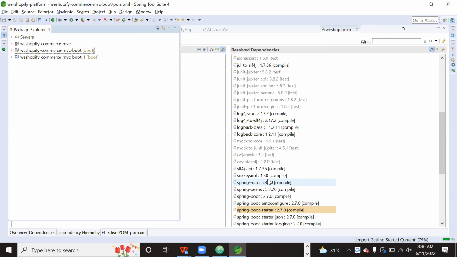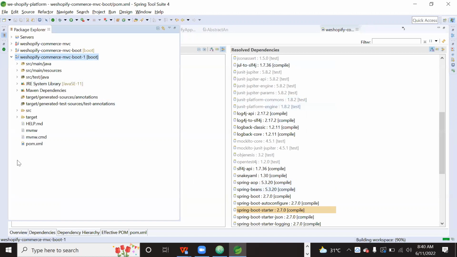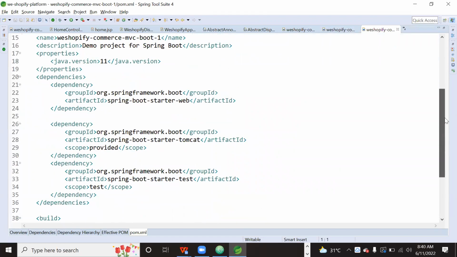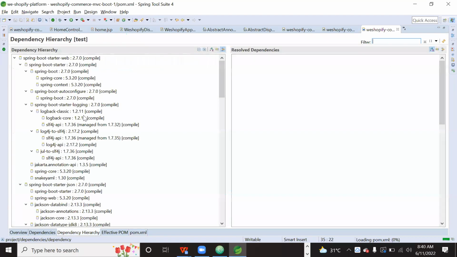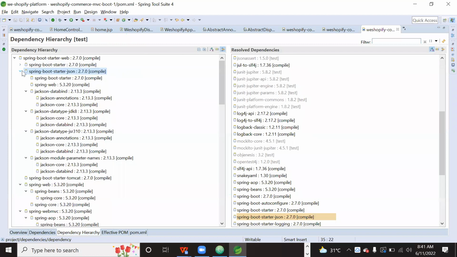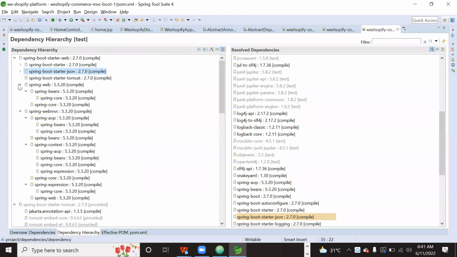Nothing we selected, right? So now let's see how it will come. So this is the boot one, pom.xml file. Now see what happened. From the IDE, when we create a Spring Boot project without selecting anything, by default it is choosing the spring-boot-starter-web dependency. With this dependency, it automatically creates Tomcat, and it gives JSON by default, the JSON media type,